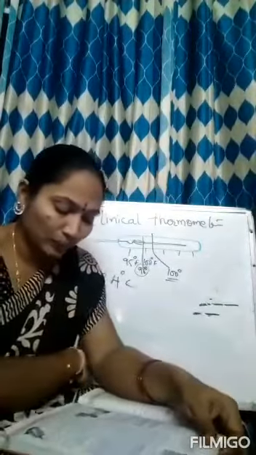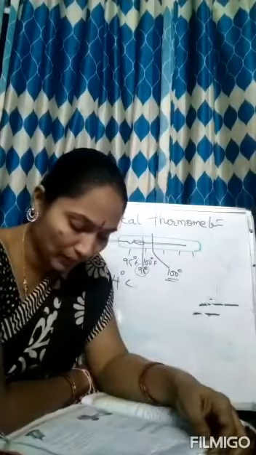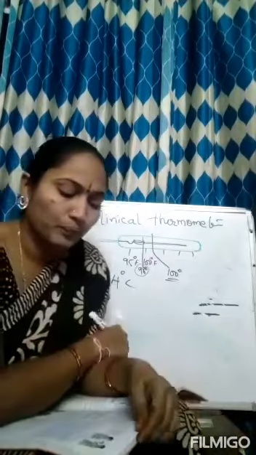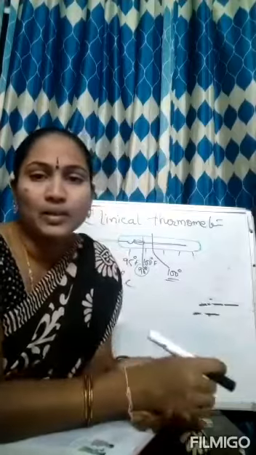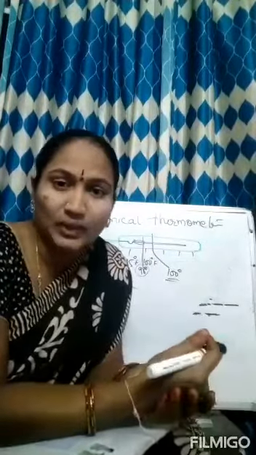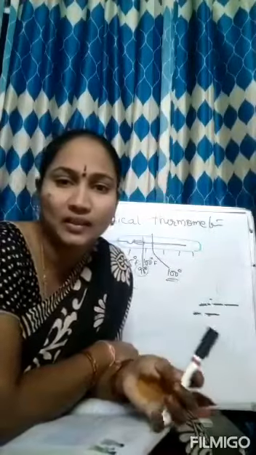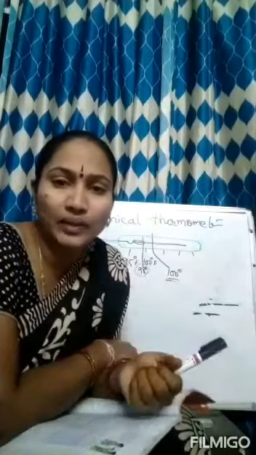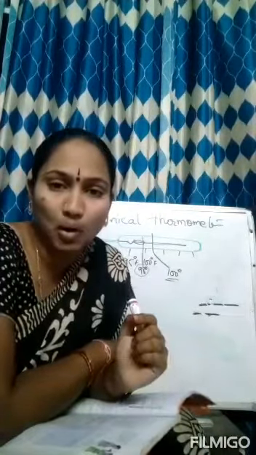Now let us do. Feel the body temperature of some of your friends by placing a hand on the forehead. Estimate the temperature and record it in the table. Measure it now with clinical thermometer. Record your observations in the table. So generally in your house, if you are having a little temperature, what do your parents do? They will keep their hand on your forehead and they will check it. So if you check it, can you estimate the temperature? Then again check at the same time with the thermometer.